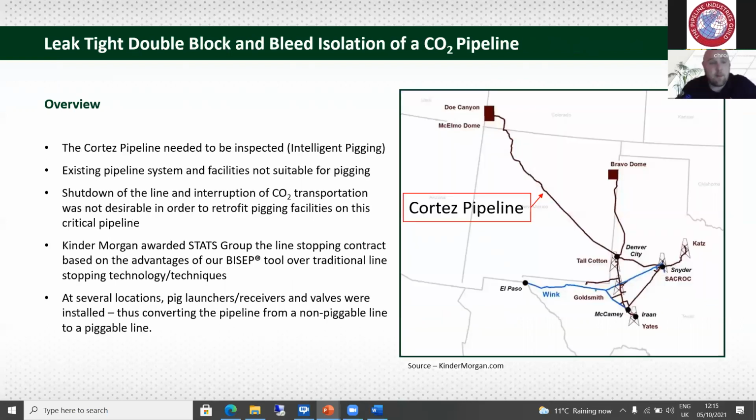The Cortez pipeline needed to be inspected, needed to be ILI'd, and the existing system just didn't allow that to happen. There was no pigging facilities. Shutdown of the line and interruption of the CO2 transportation was undesirable in order to retrofit these pigging facilities. And Kinder Morgan had been using Stats Group for gas isolations, and we were delighted to be given the contract